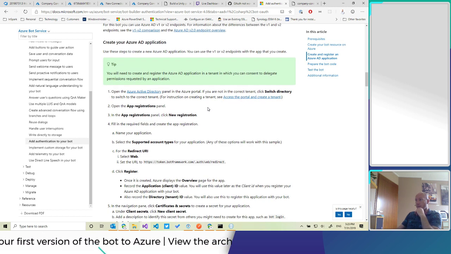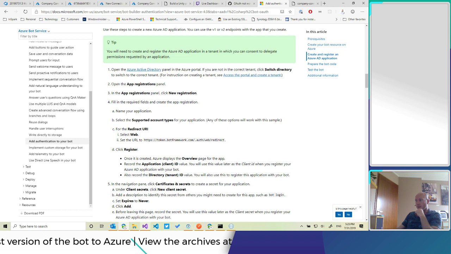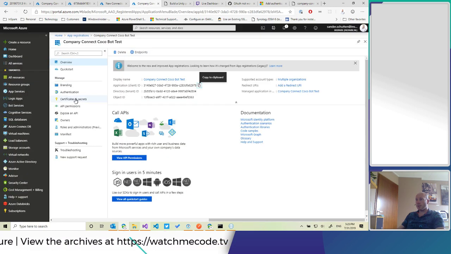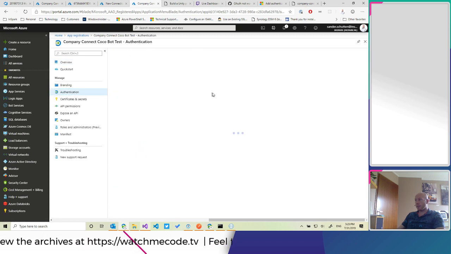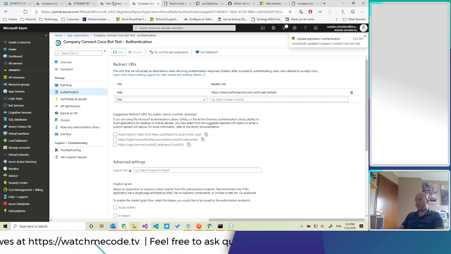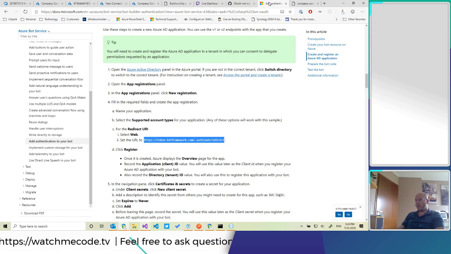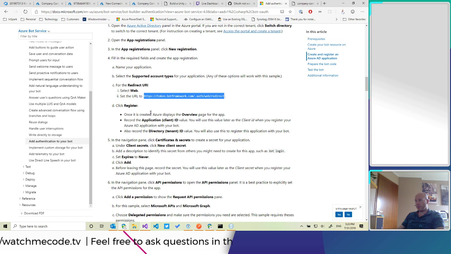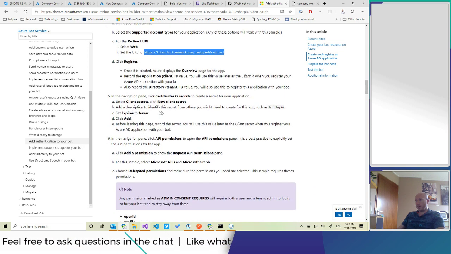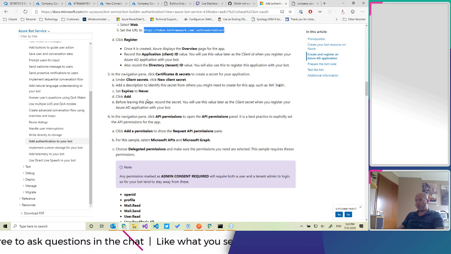Open the Azure Active Directory. So specify this redirect URI for app registration. That's step 1. Once it's created, Azure displays overview, application. That's what we've already set up. We have set up a client secret,